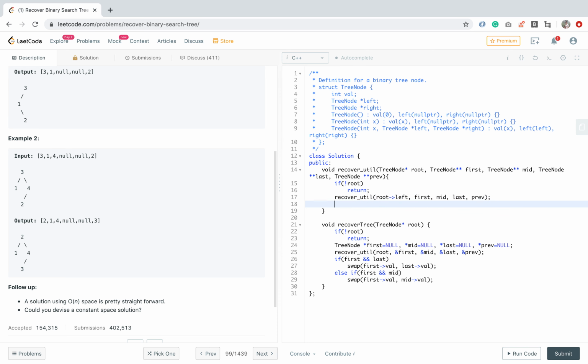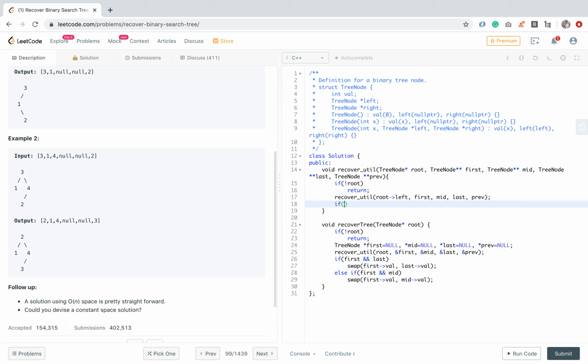Then we have to check the condition, whether the values are correct or not. So we have to check whether the previous element is greater than the current element. Current means the root element.